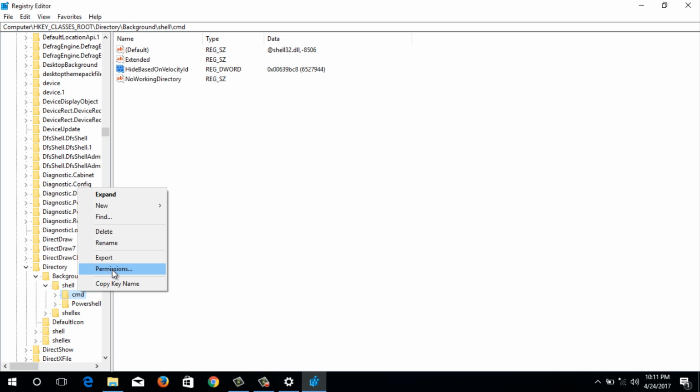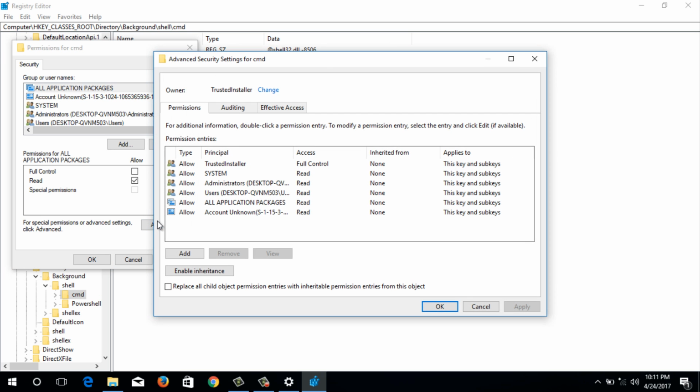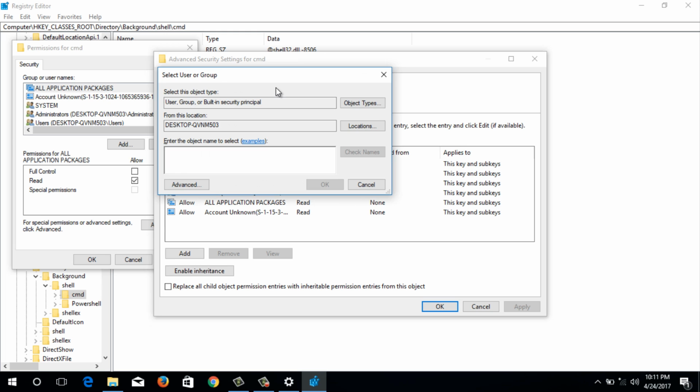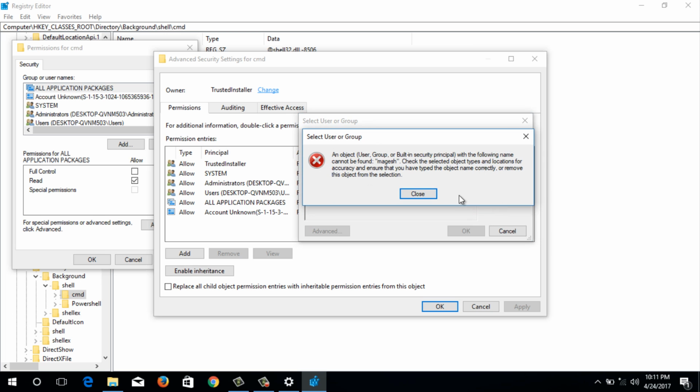To take ownership, right click on that cmd key and select Permissions. From Permissions click on Advanced, and change the owner from TrustedInstaller to your username. I will be using my Outlook account.